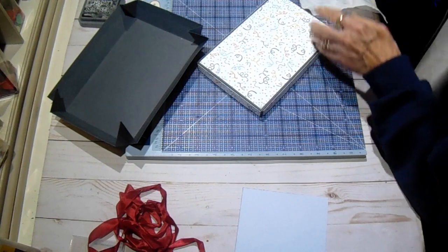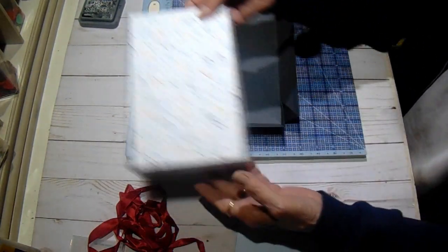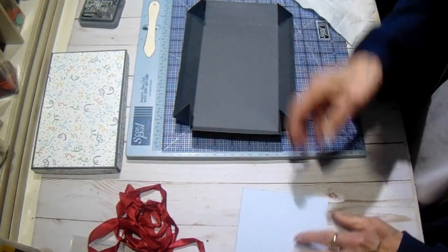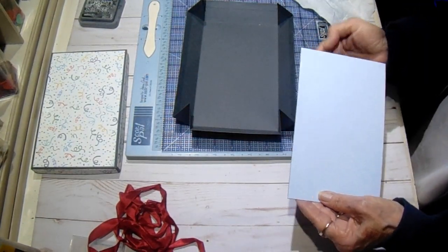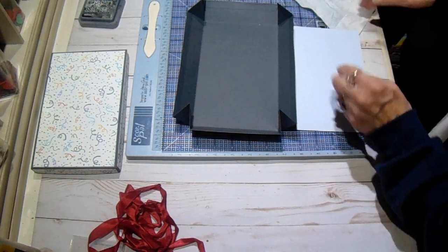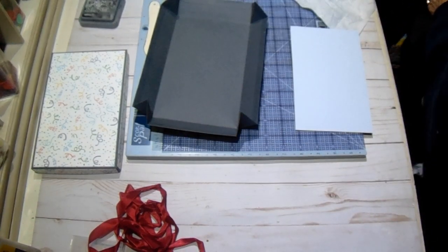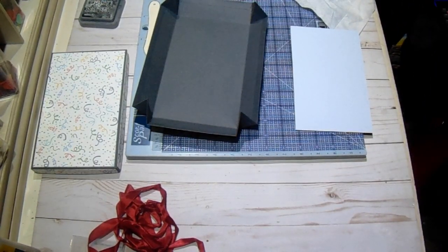Let me put this on here. Alright, now for the inside of the bottom. We'll set this lid aside for now. And what I want to do, get lint in there. The first piece that goes inside